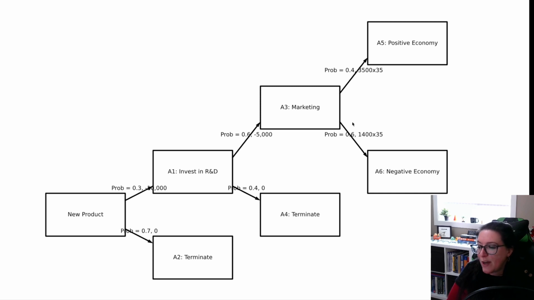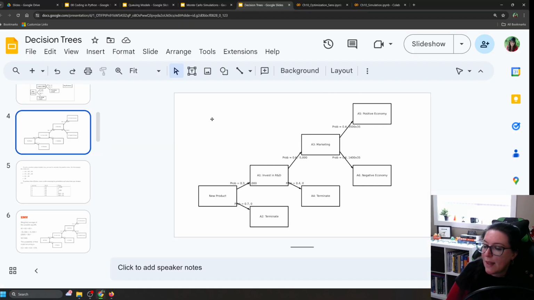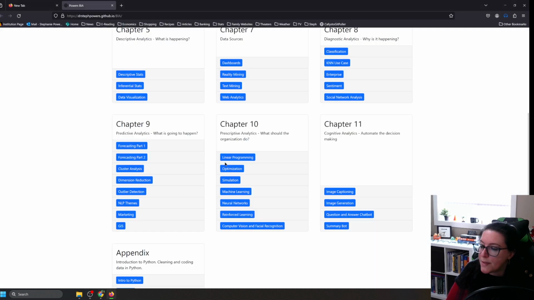We also looked in a video about what if the quantity sold is different in these two outcomes here for the positive and negative. In this particular video, what we want to do is play with the probabilities. So what if the probability of a good or a bad economy isn't the 40-60 split that we think? To do this, if you are following along with us, we are at drstephpowers.github.io/BIA, and we're right here in terms of the optimization